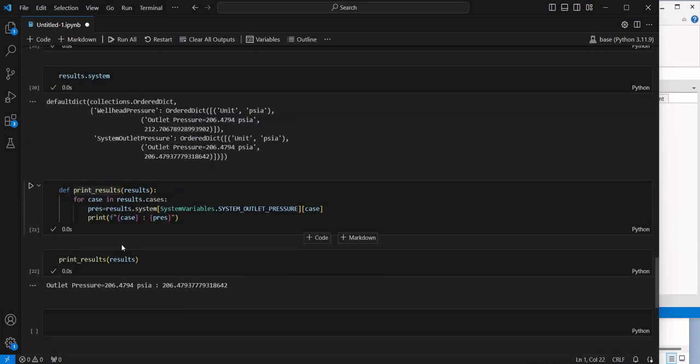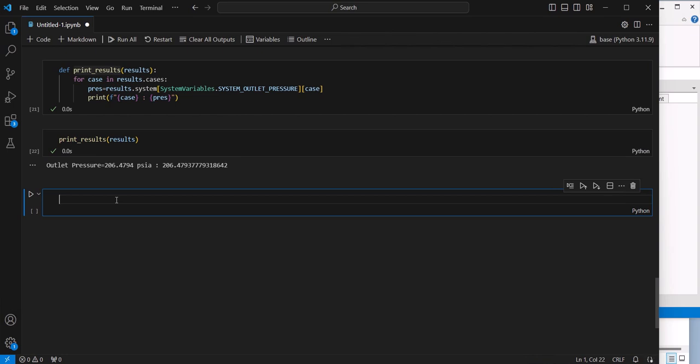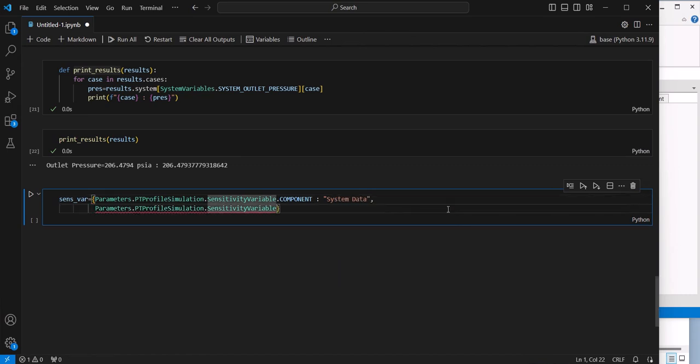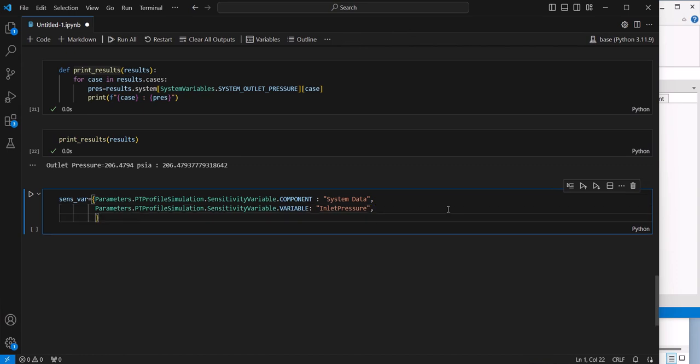For this purpose, I'm going to create a new dictionary, call it sensvar, for sensitivity variable. And in this dictionary, I need to define parameters, PT profile simulation, sensitivity variable, and I will copy this structure because it will be used many times. And then we have the component, and we need to start from the component. Component will be system data, and then I want to define the variable. For this purpose I use inlet pressure,